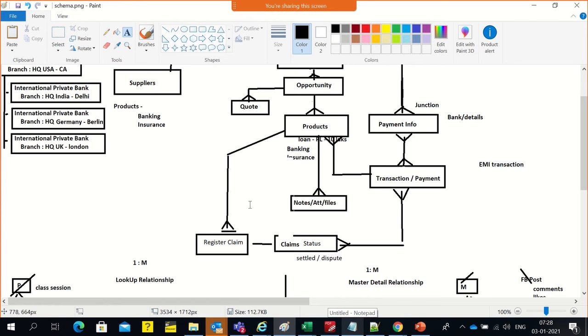Okay, so first let me register a claim for this particular product. Who does this registry? Basically an employee or maybe a customer who's trying to apply for insurance and is trying to register a claim for it. The moment he registers a claim, we get to know the claim status. So we'll create another object called register claim, which would be a junction between these two. And this I'm going to create as a lookup only